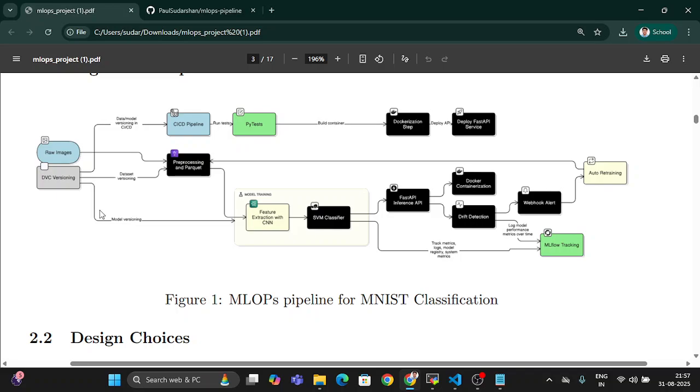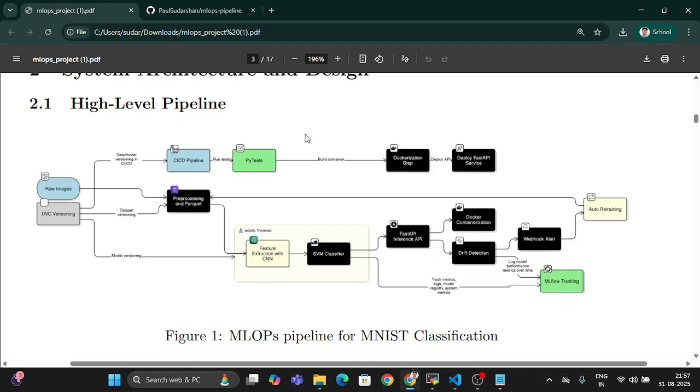So this shows the basic diagram of the project, a very high level architecture, wherein we have the DVC versioning set up in the initial stage where the raw images are pre-processed, and then the Parquet files are generated in a distributed way, followed by a model training stage where we'll be using these generated Parquet annotations and the images to train our different models, and then we'll compare their results, and all the model logs including the artifacts, the evaluation files, the inferences are stored in MLflow